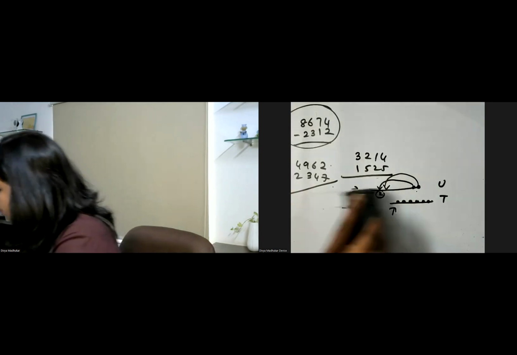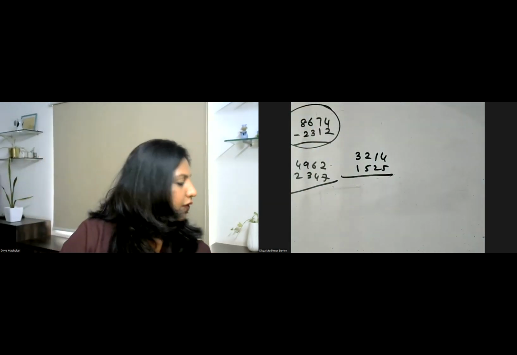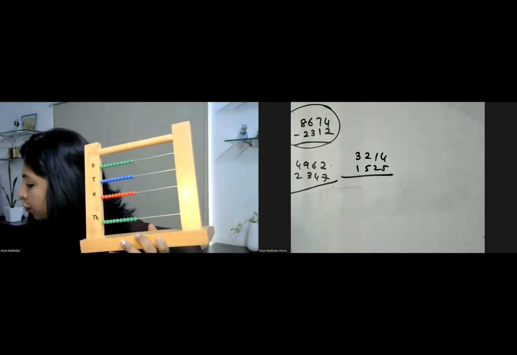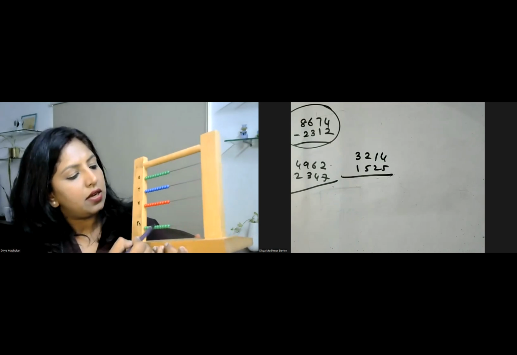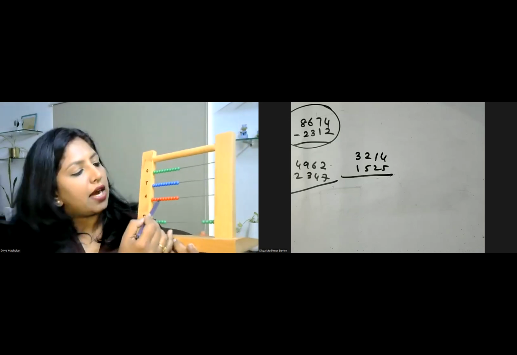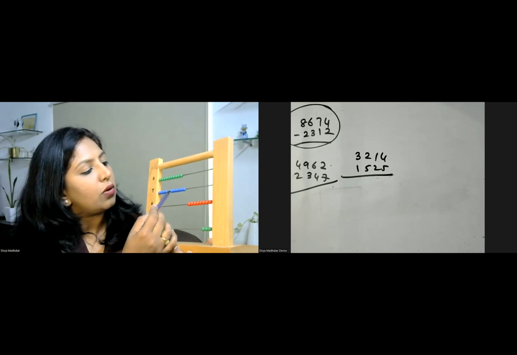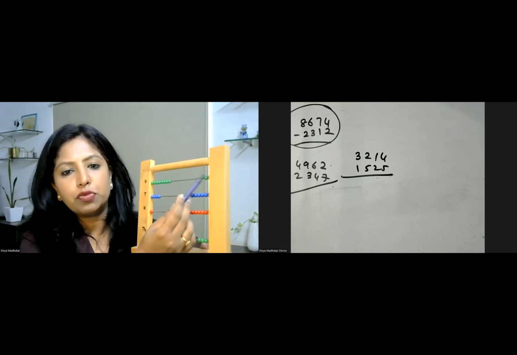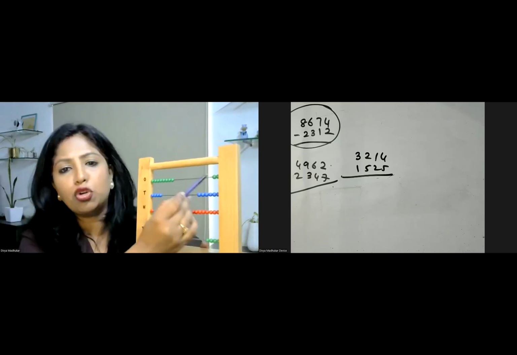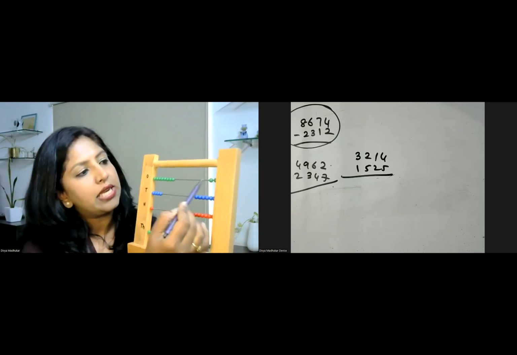Okay, when we do it for the first time, it could be a little confusing, but go step by step. Now, say for example, if this is my bead frame, the smaller one, the problem statement is 4 thousands. So I'm taking my 4 thousands. Then it is 900s. So 960. So my 60 and 2. So I've taken my first number. So I have my 4,000s, 900, 6 tens and 2 ones. Now out of these 2 ones, I have to take 7 ones. So let me start counting.